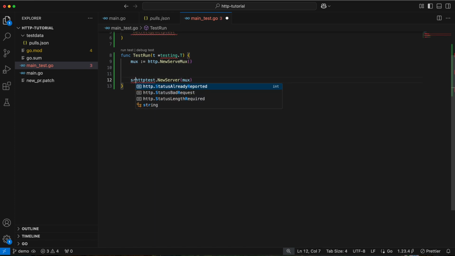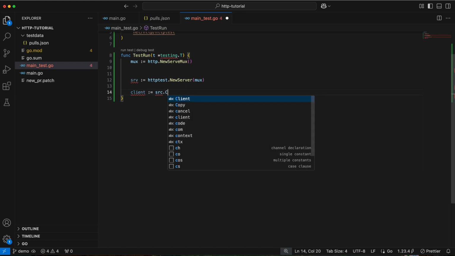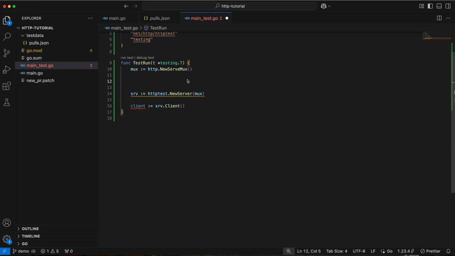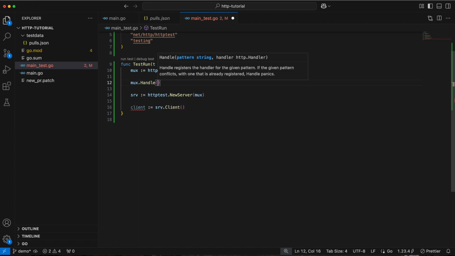So we're going to have server. We have a server that serves our test traffic. Our test traffic is going to be from this handler, and then we get a client. The client is going to be our server.Client. Cool. So let's go ahead and get started. We want to first set up a handler. So our handler is going to use our mux to handle